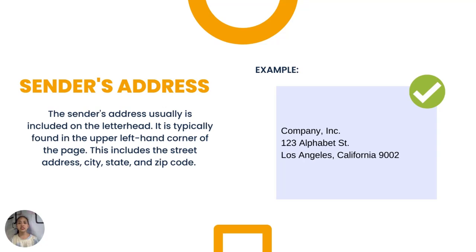First is the sender's address. The sender's address is usually included on the letterhead and is typically found in the upper left-hand corner of the page. The purpose of the sender's address is for the reader to identify and provide a way to contact you in return. And this includes important contextual information such as the house number or building number, street address, city, state,